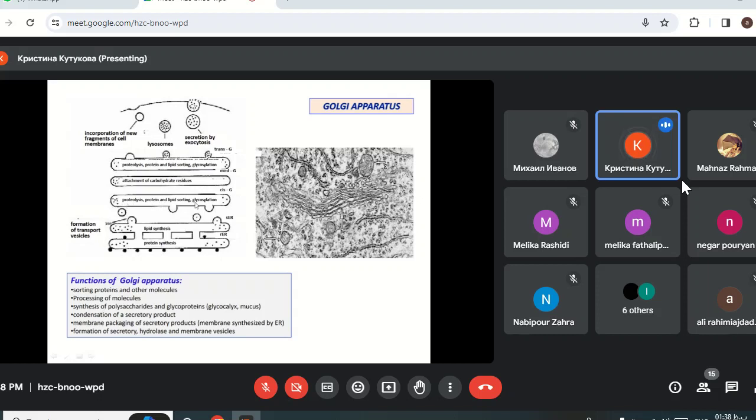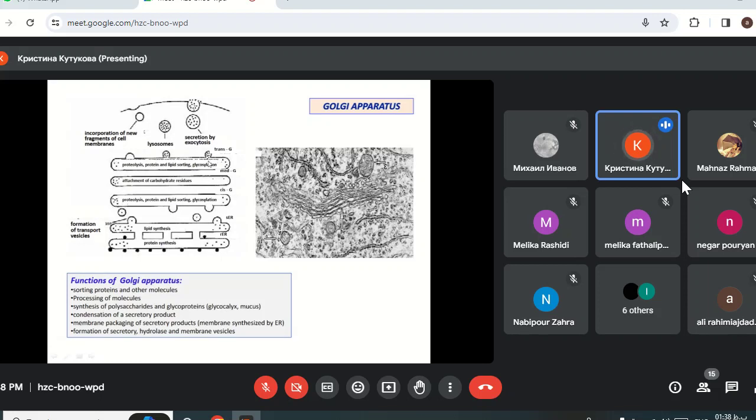For example, glycosylation, attachment of carbohydrate residues, and something else can happen to these molecules. And while this happens, the vesicles go through the Golgi complex, and finally these modified molecules are in trans portion